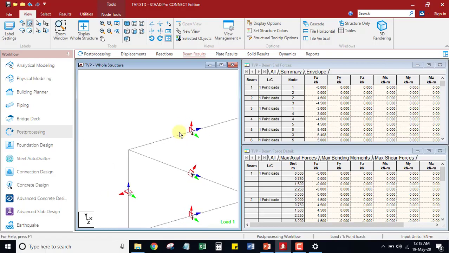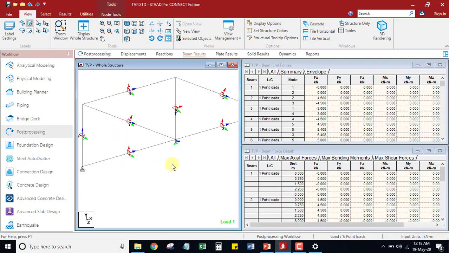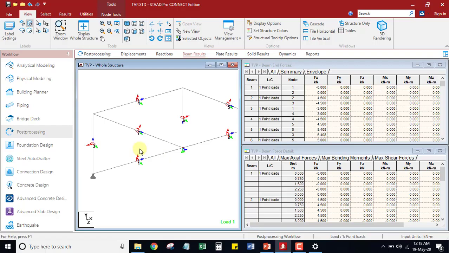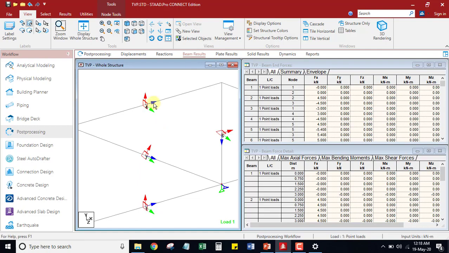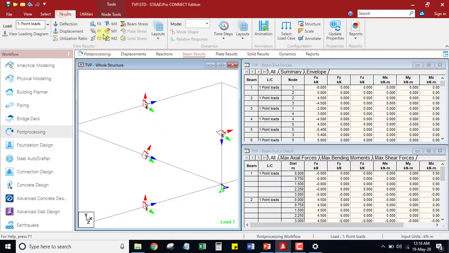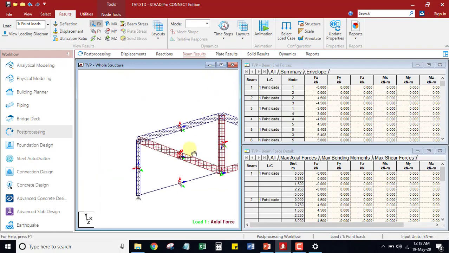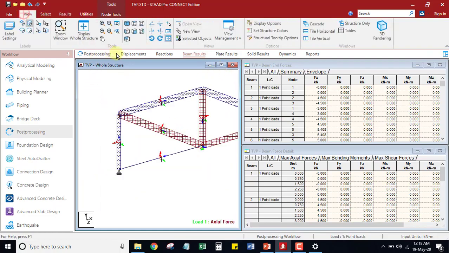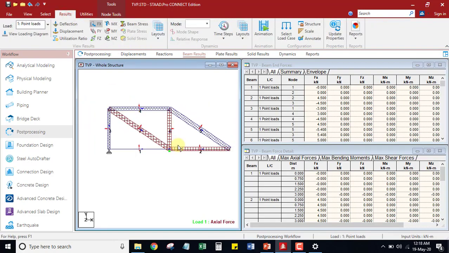Here I want to see the axial force. Here you can see the blue color is in the direction of the length of the member. That means it is the same for all members, and that's why I have to see the fx, because the x direction is in the direction of the member or length of the member. So go to result, click on fx, and here I want to see the elevation view. Again go to view, front elevation. Here you can see there are two colors appeared.